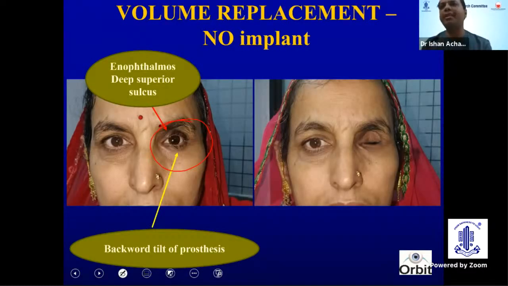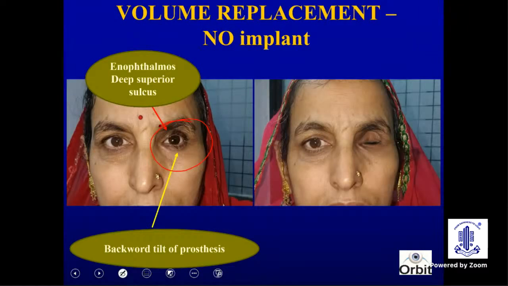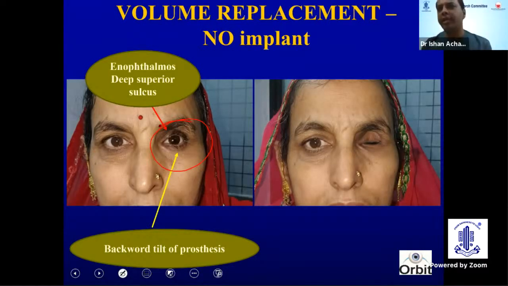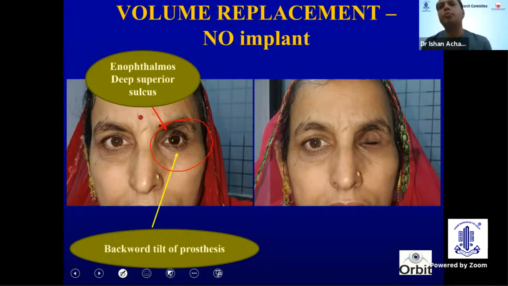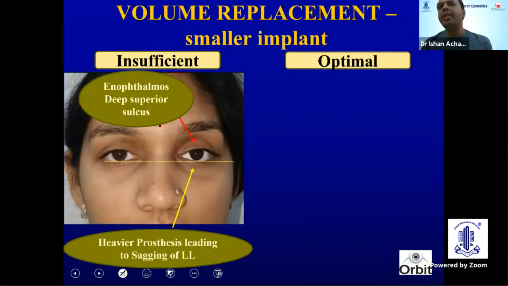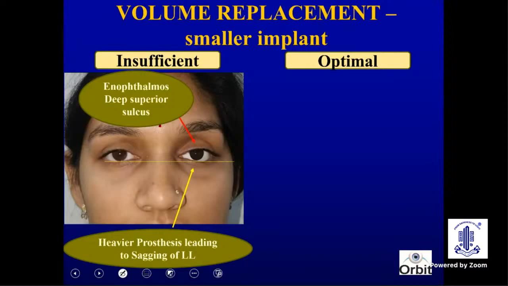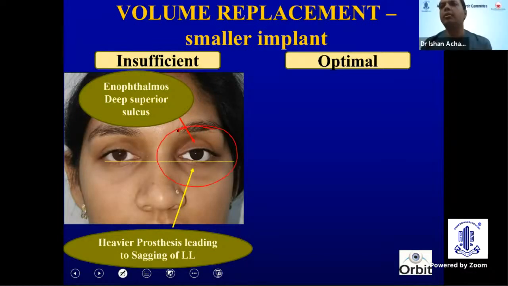You can see the posterior tilt of the prosthesis and deep superior sulcus deformity. Sometimes it leads to lid retraction in some patients, basically because of the posterior rotation of the superior rectus and levator complex, and forward rotation of the fat, inferior orbital fat and inferior rectus. If a smaller implant is placed, you can see again the anophthalmos, deep superior sulcus,